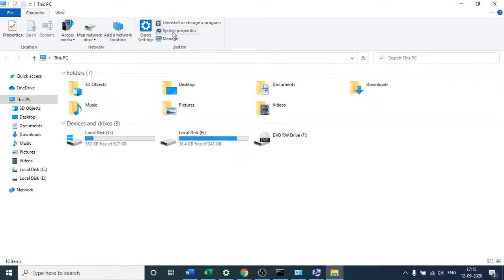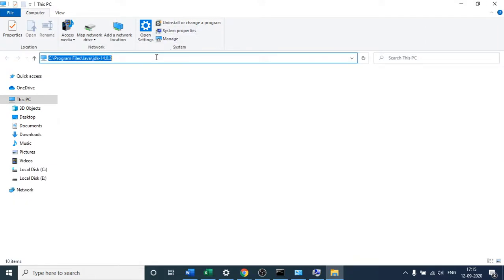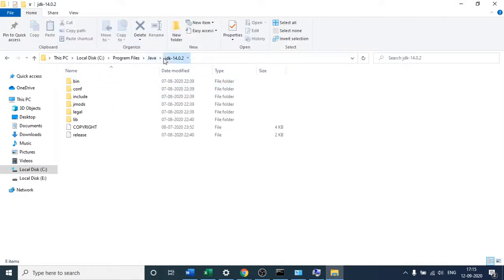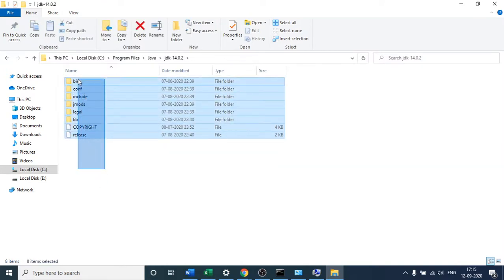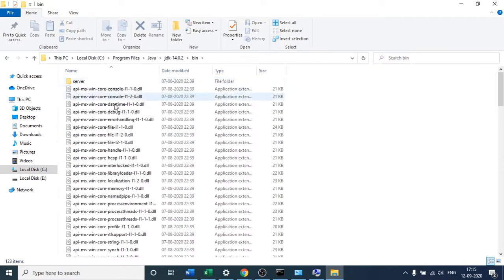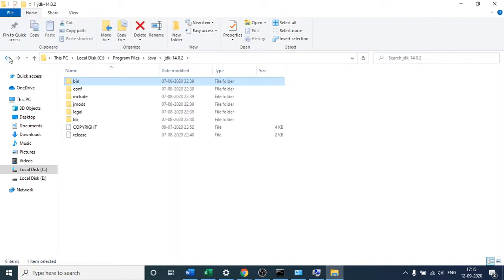So when you download the zip file, you can see after you have downloaded, this is the one. The contents of the zip file will look like this. You can see here, this is the contents when you download the zip file and extract it. After that you can see the bin directory as well. There are so many Java files. These are all the Java files. So what you have to do is tell where exactly in your system Java is located.